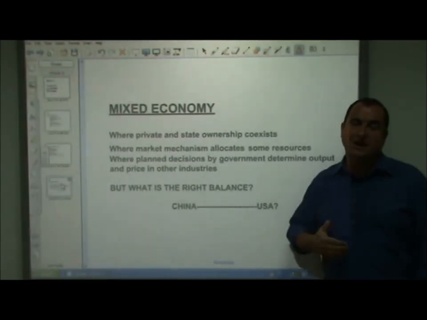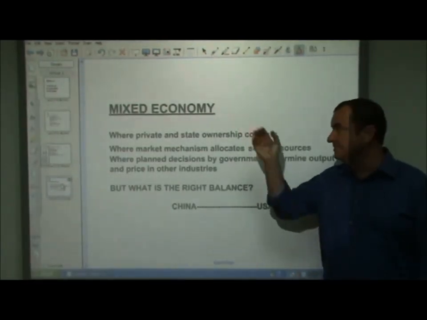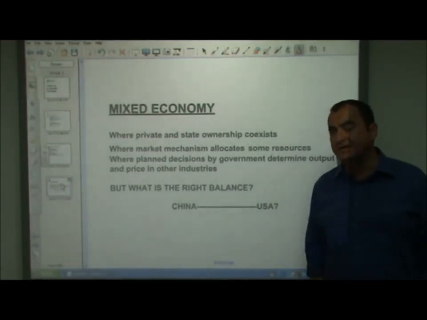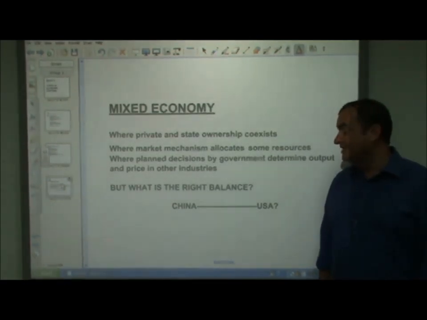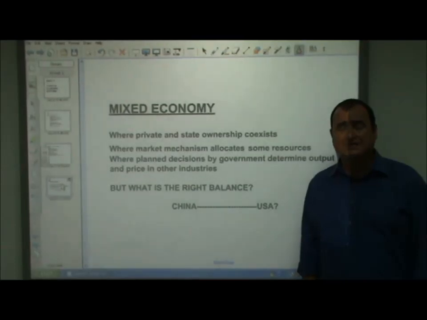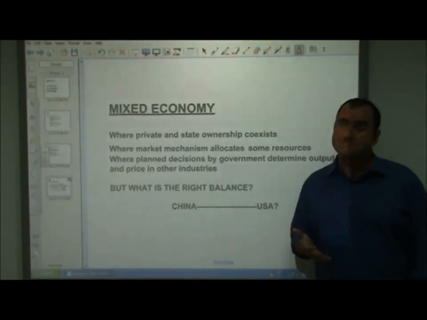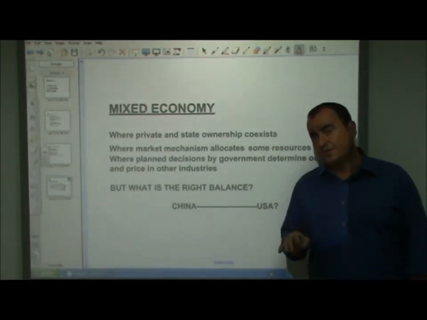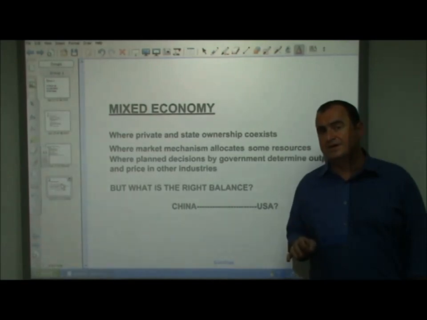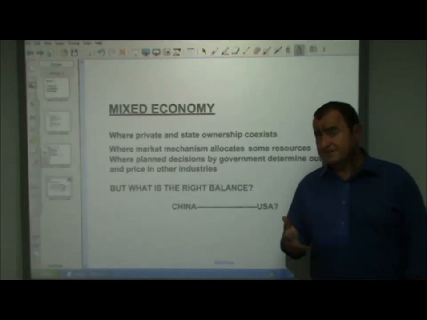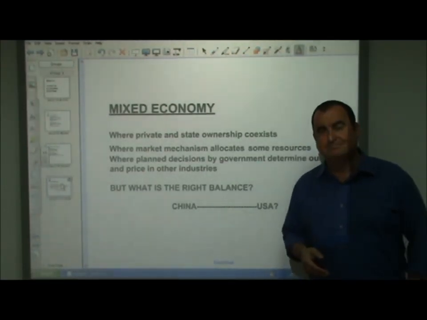No one really argues strongly for any other system but a mixed economy. But where should the balance be between private and state ownership and allocation of resources? That's the issue that is debated. Okay, so from here we move on and look at specifically the market mechanism and how in, first of all, individual markets, micro markets, how the allocation of resources takes place. And so in the next video, video 4, we look at the demand curve. So, I'll see you in that video.